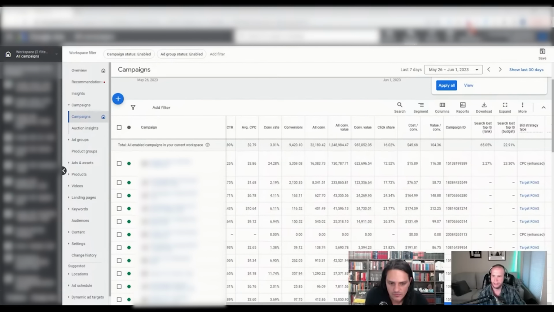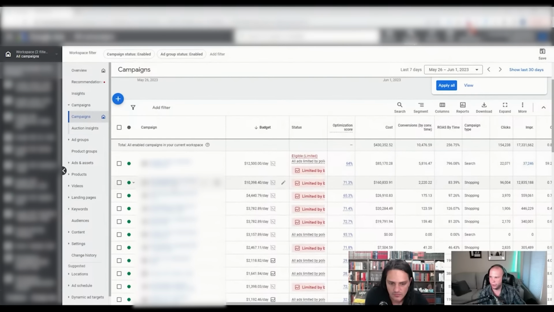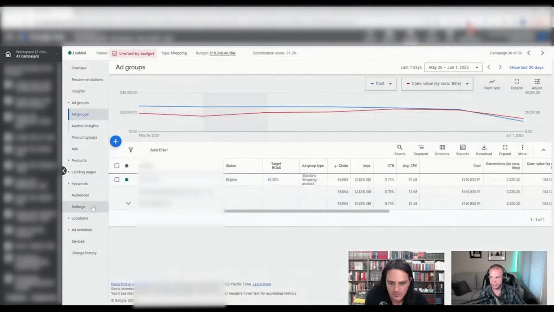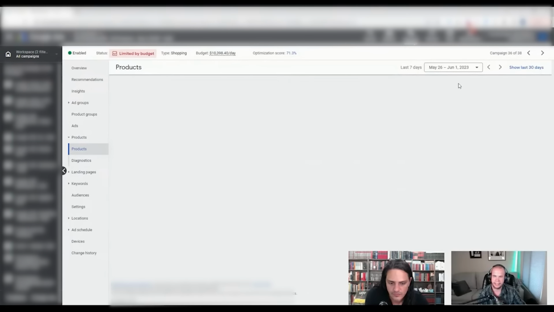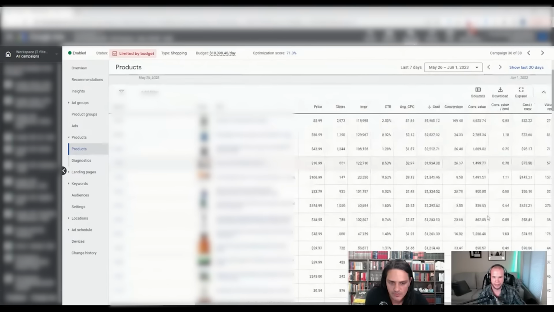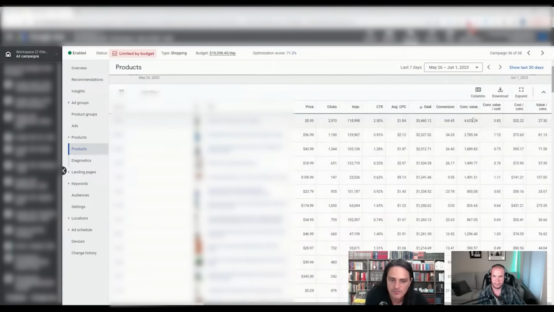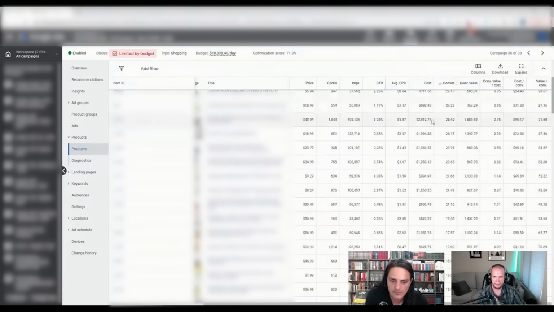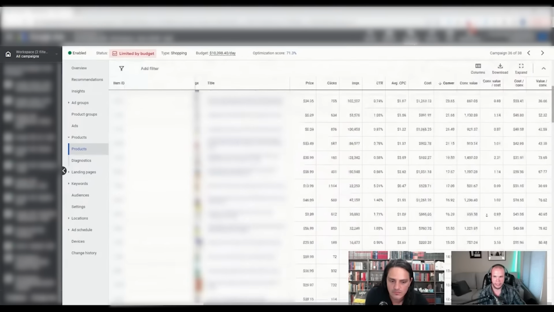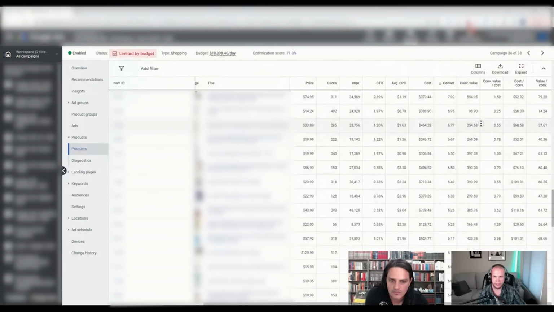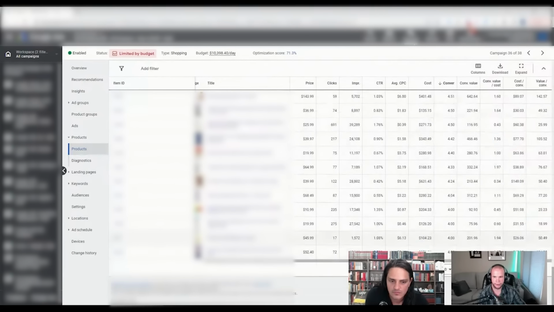So knowing that I'm within goal, I have a 40% tROAS on here, which means that if you look in my products and you sort descending in the last 7 days by cost, this is what I'm spending and this is what I'm getting on the conversions. They're really, really well in line. So as the conversions are 169, I got $5,000. Then all the way down the middle, I got 6, I got 500. Then all the way down the bottom, I have 4, I got 250 or 100.